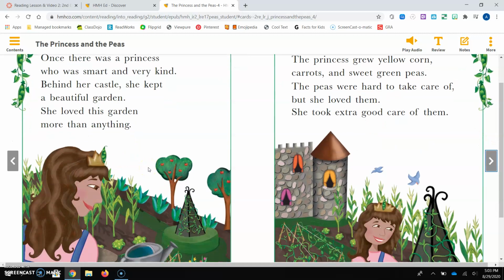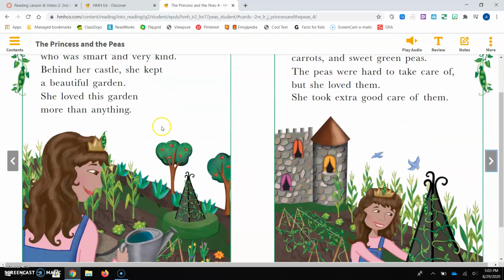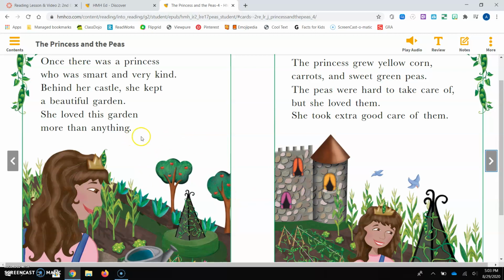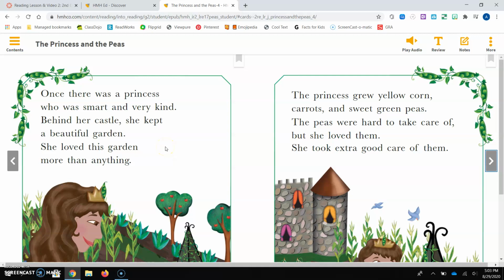Not sure what that word is, but let me look at my pictures. Castle, castle. Here I see a picture of a castle. Let me start over and reread. Behind her castle, she kept a beautiful